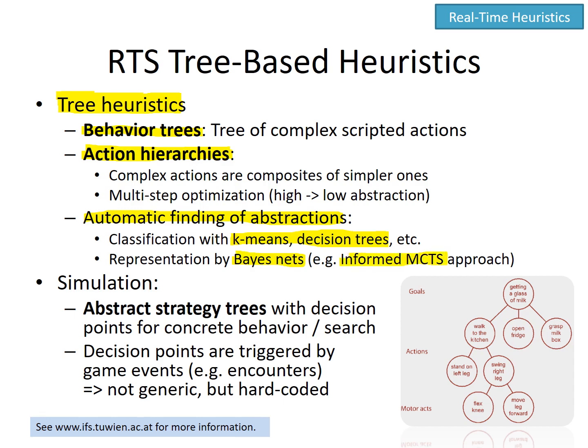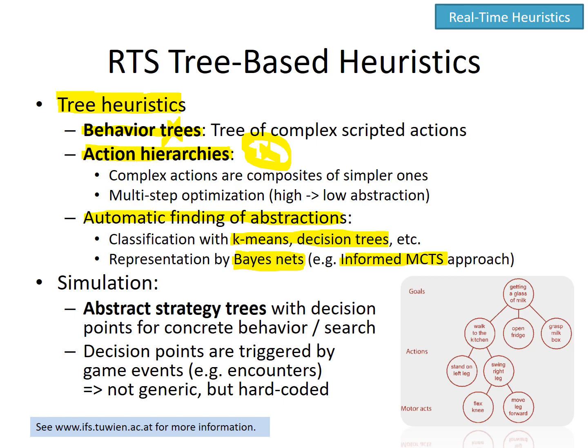This is referred to as the informed MCTS approach because they implement their hierarchy optimization with MCTS, however, model the behavior of their units in Bayesian networks and combine that in order to arrive at a complex and efficient agent for a particular